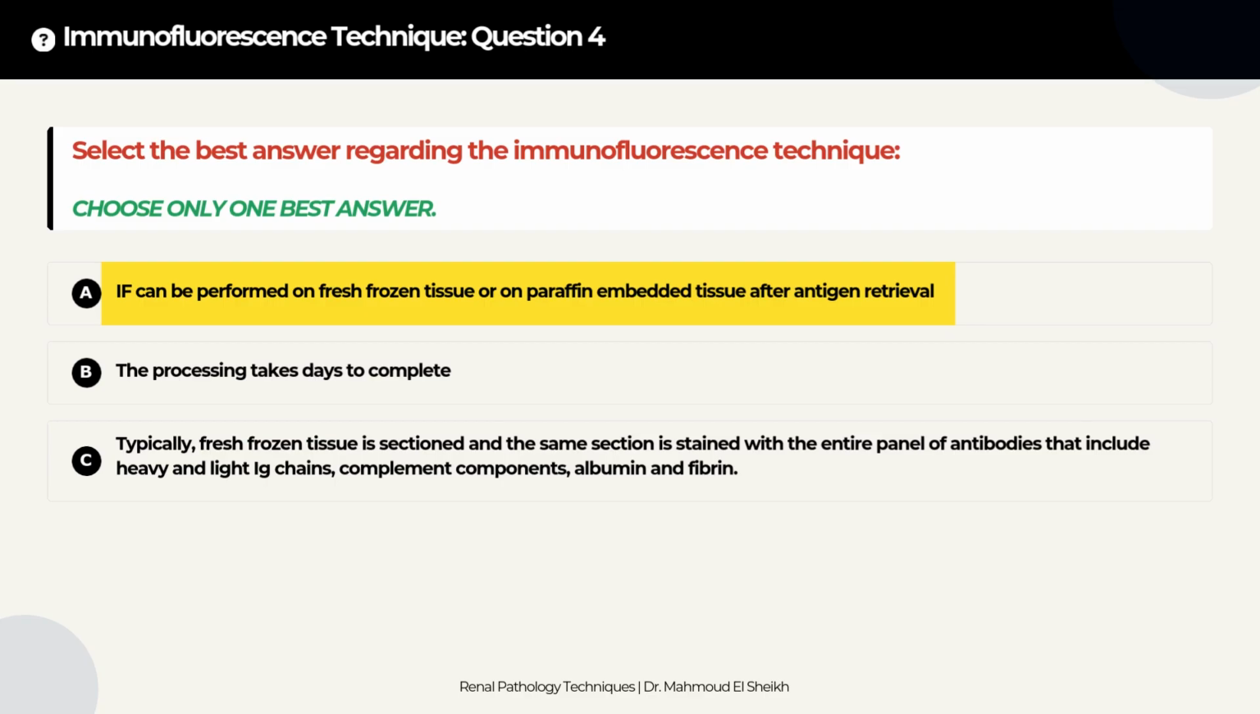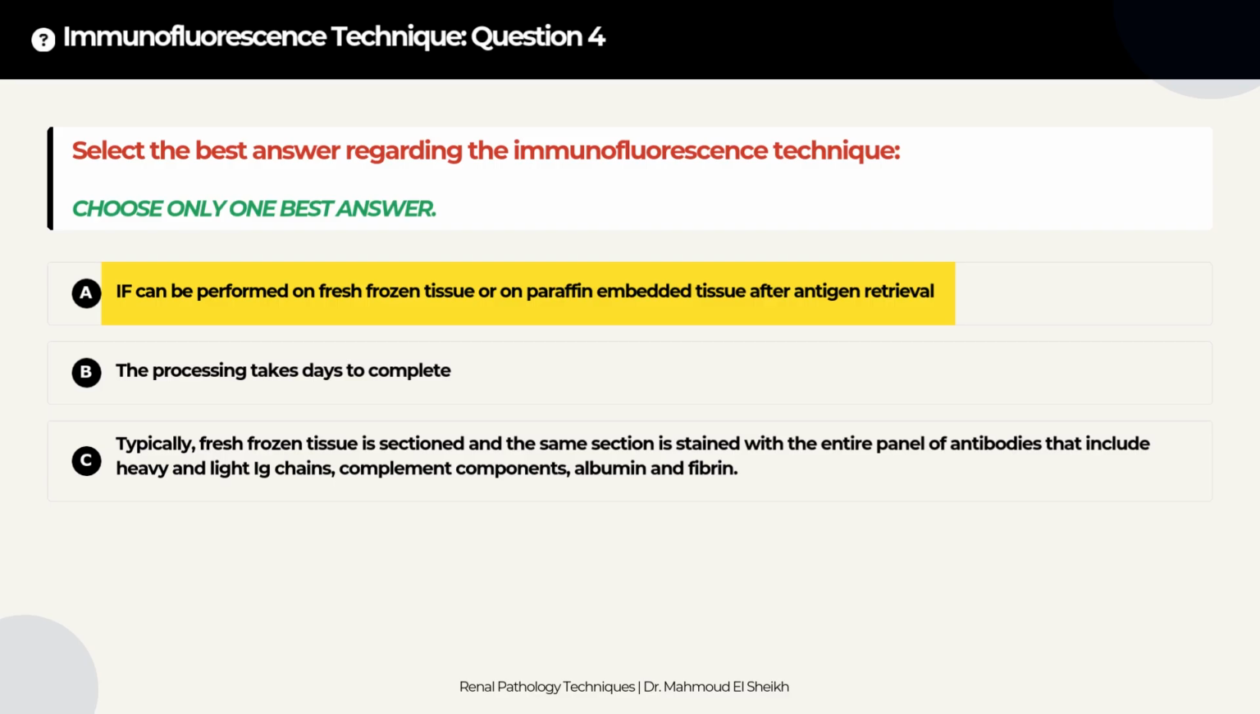Going to this quiz, the answer was that immunofluorescence can be performed on fresh frozen tissue or on paraffin embedded tissue after antigen retrieval. The IF technique is ideally performed on fresh frozen tissue but can be performed on paraffin embedded tissue after antigen retrieval, which is called pronase digestion. Fresh tissue can be frozen immediately or can be placed in tissue transport media like Zeus or Mitchell's for several days and then washed in PBS prior to freezing. The frozen block is